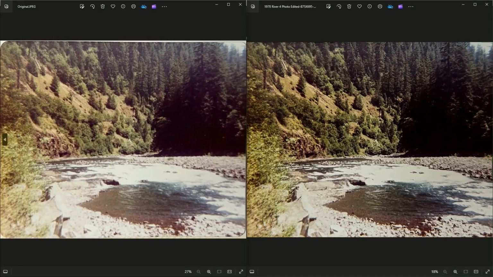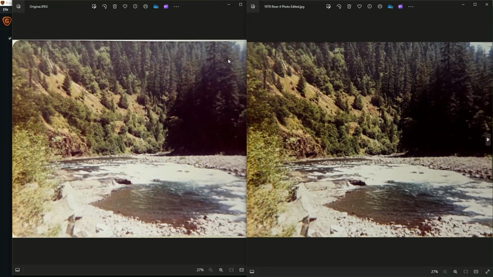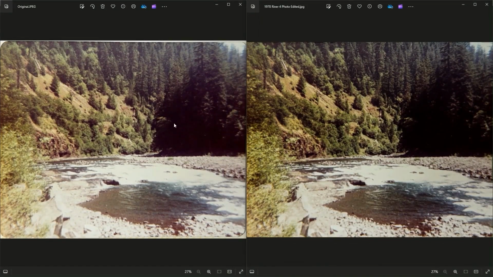This is the original, and the one on the right is the AI enhanced. What do you guys think? AI enhanced or original? I could also put the non-AI enhanced, just the edited version. Let me do that. There we go. Okay, so here we have the original, and over here on the right is the edited one that's not AI enhanced. So non-AI enhanced, AI enhanced. Non-AI enhanced,